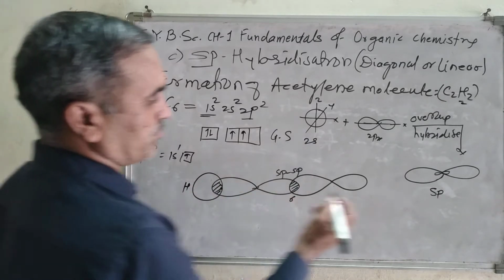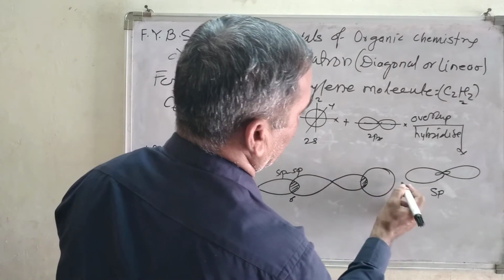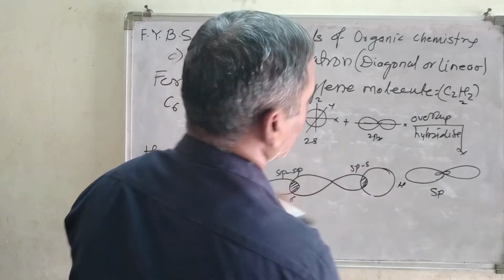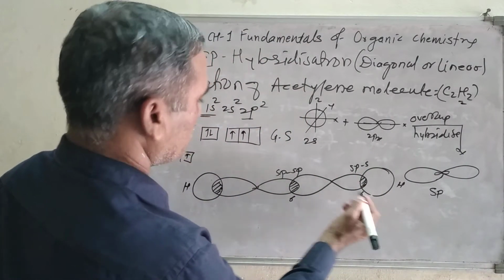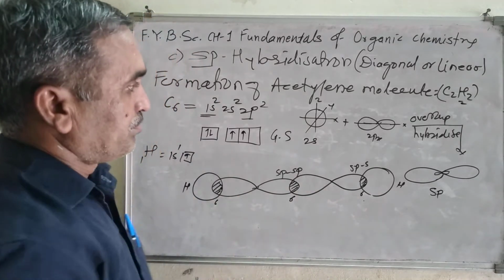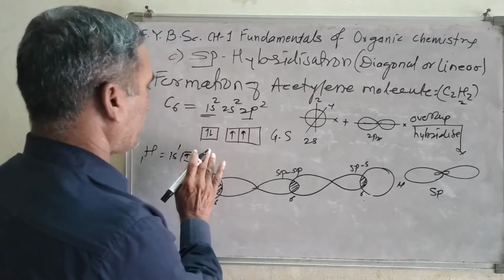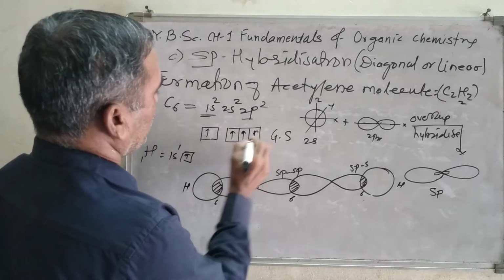This is a hydrogen atom you can show here, and another hydrogen atom you can show here. This forms an s hybridization, right? Overlapping takes place to form a sigma bond here, right? Now look at here. In the previous case we know that, let us imagine here,